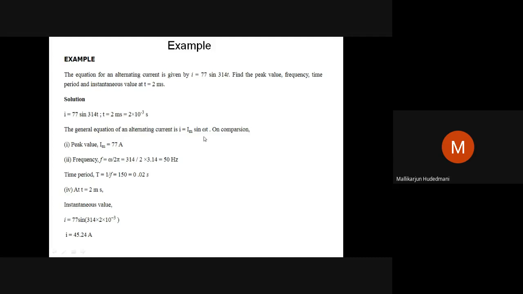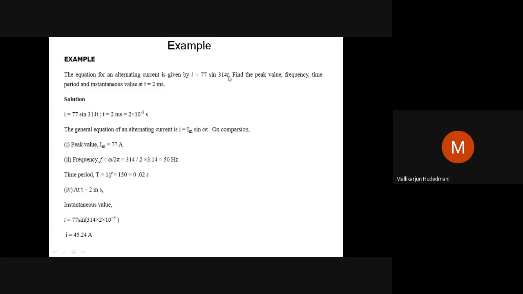That will do at the end here. So peak value is 77, omega is 314. When I equate it and substitute t equal to 2 milliseconds, I can get the value of current. So peak value stands 77, and omega t is 314t, and comparing that, I will get f as 50. Then time taken for one period is 1 divided by 50, which is 0.02, a 20 millisecond. Then the value of this quantity at 2 millisecond.